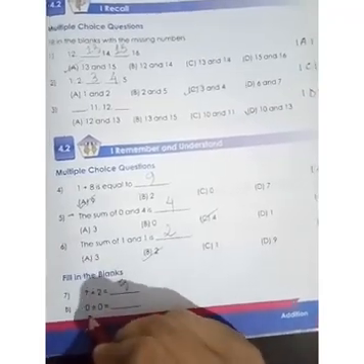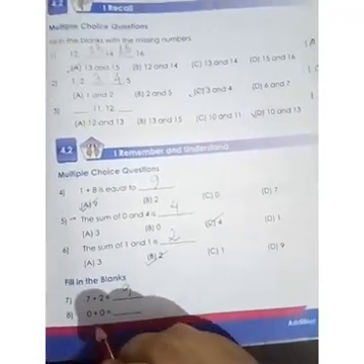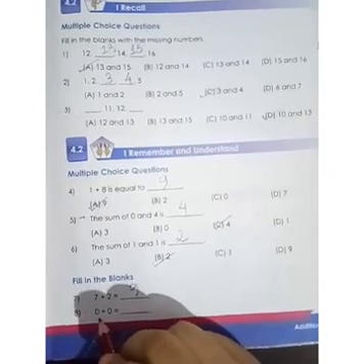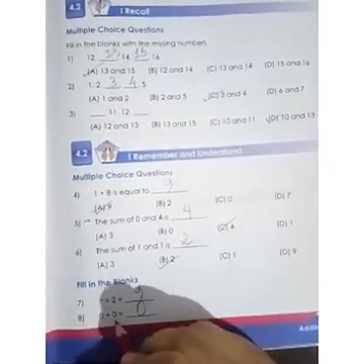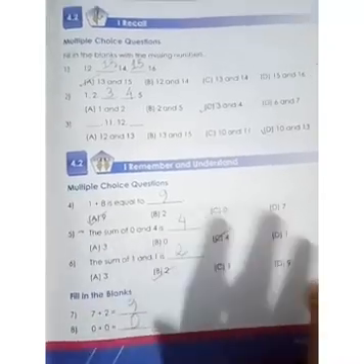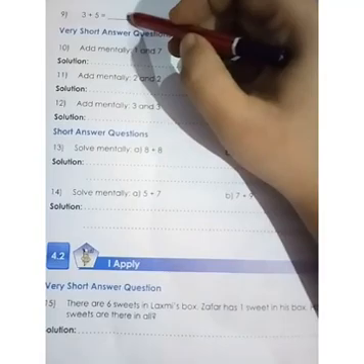0 plus 0, that means nothing with nothing. 0 is a number but it has no value. It has got nothing. So 0 plus 0 will become 0. Remember that, okay? 0 plus 0 is always 0. Question number 9, you do yourself.